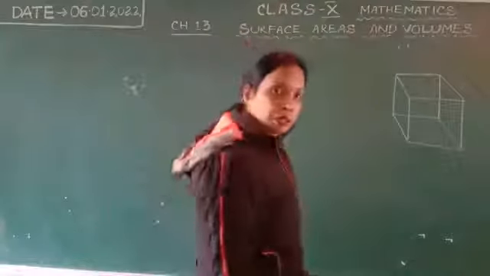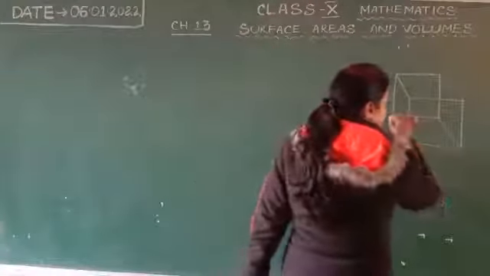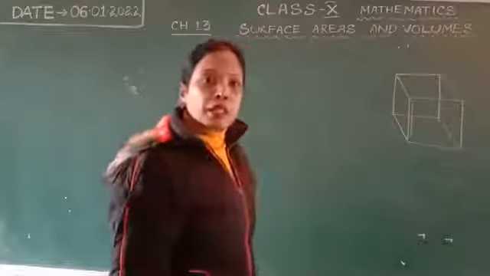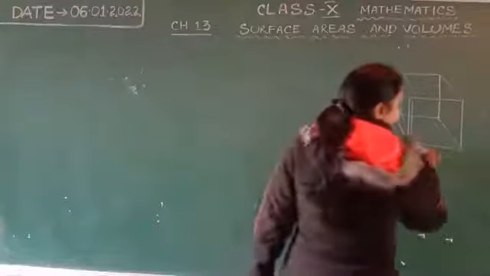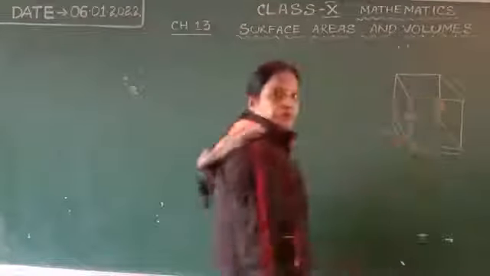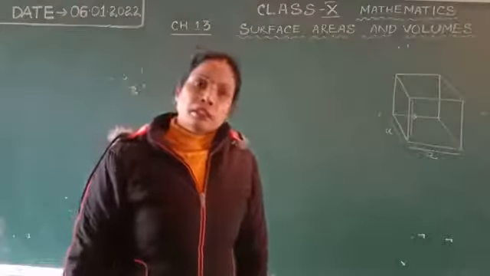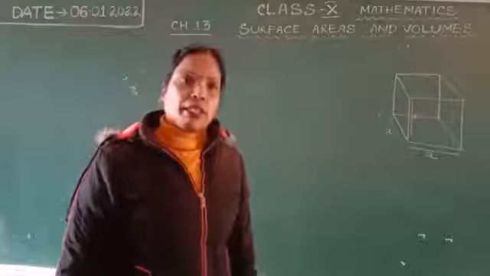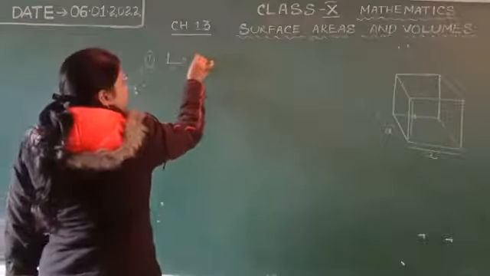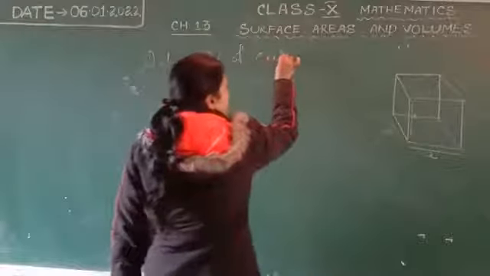So that means in a square all the sides are equal, so here length, breadth and height are all equal. Let us take each side as A. Length, breadth and height are all equal, so here we take A. Similarly, here the first one is the lateral surface area of a cube.